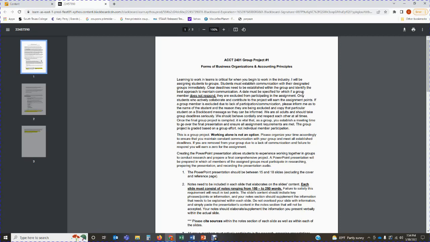A date must be specified for which if a group member does not respond, they are going to be excluded from participating in the assignment. You cannot be waiting around for students to respond. So you're going to be very clear. Someone needs to take the initiative to send out an email or a Blackboard message, a Pronto message, whatever it is that you use, and you're going to say on that message,